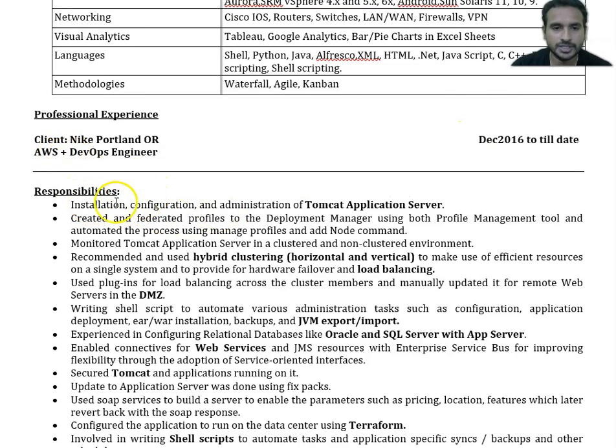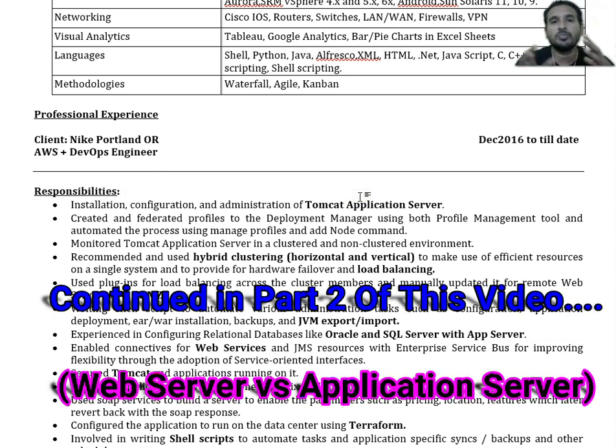AWS plus DevOps. Let's see. Install, configure, administer Tomcat application server. Looks like this is a middleware server admin. This is an application server administrator. Okay, so before you proceed, you need to understand the application server and the difference between web server and application server. All right. So the web application that I was talking about is